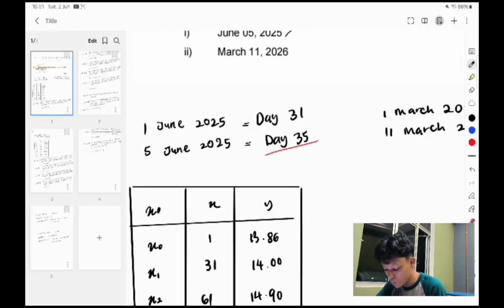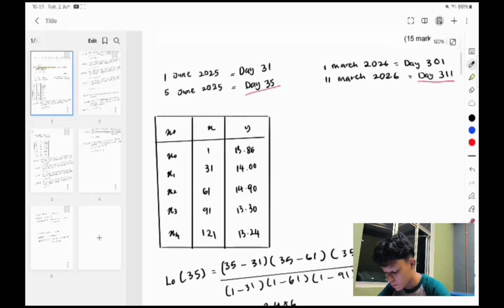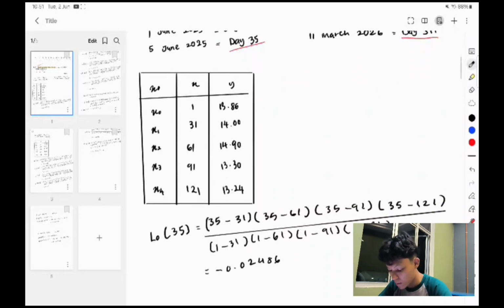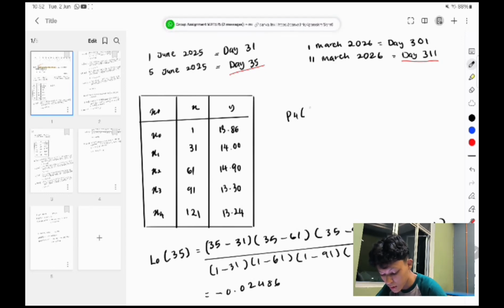From 1 June to 5 June, day 31 to day 35. We collect 5 points from the data in the graph for solving this question, and we will find P4(x), where x here is 35, and use the formula